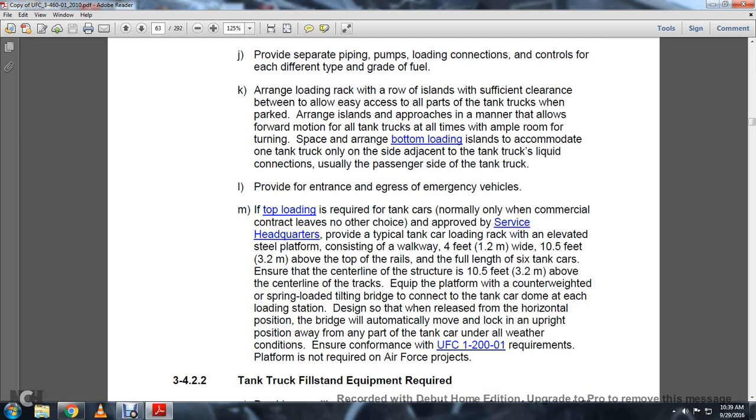L. Provide entrance and egress for the emergency vehicles. M. If top loading is required for the tanker cars, normally only when the commercial contract leaves no other choice, and approved by the service headquarters, provide a typical tanker car loading rack with an